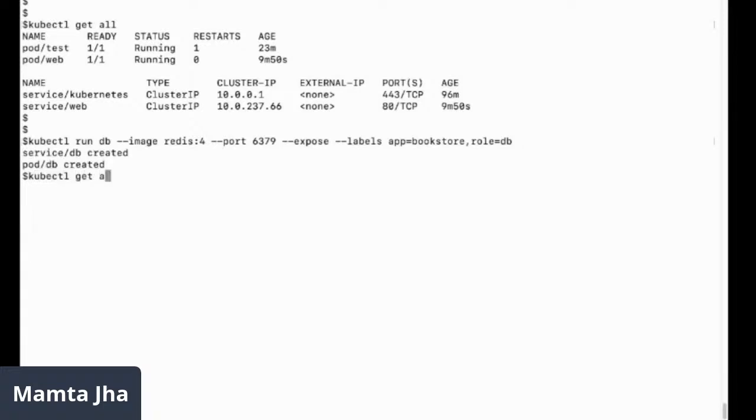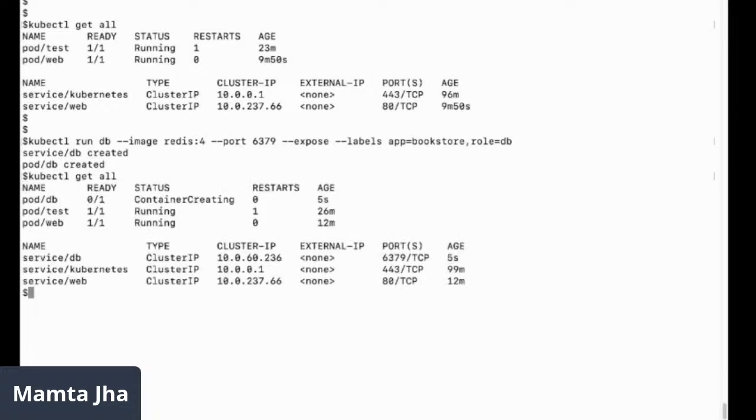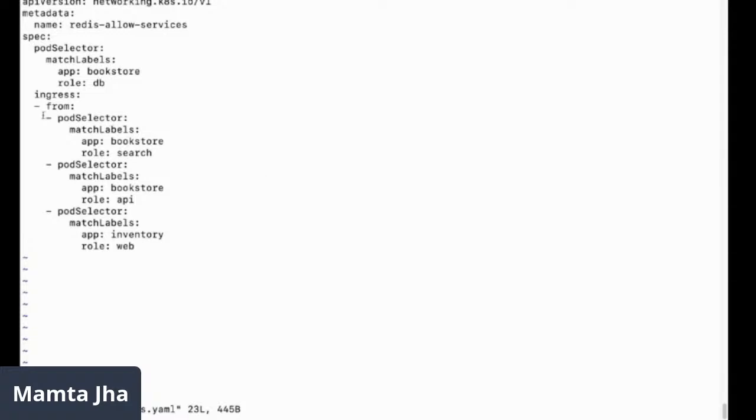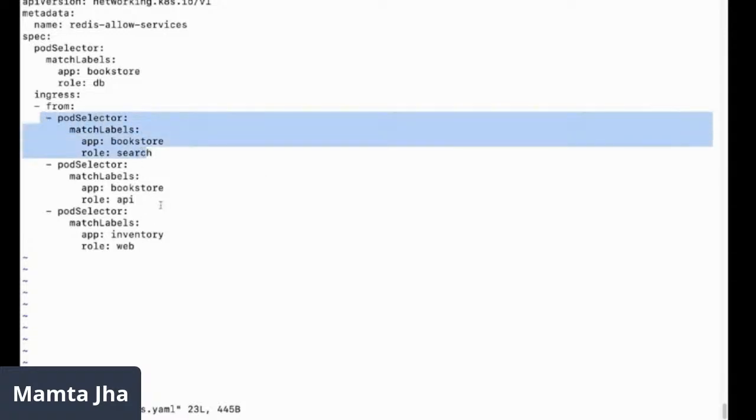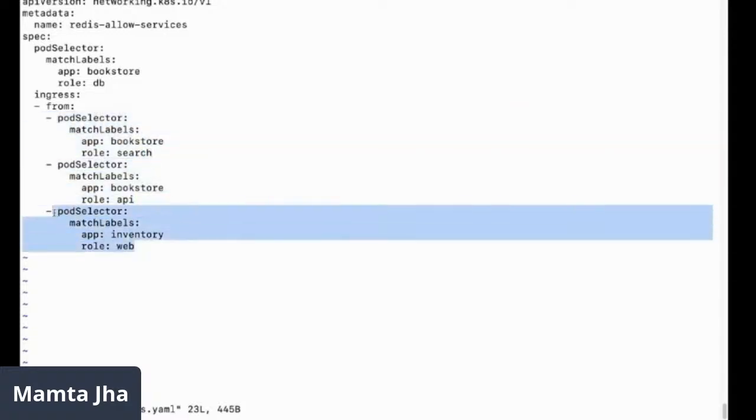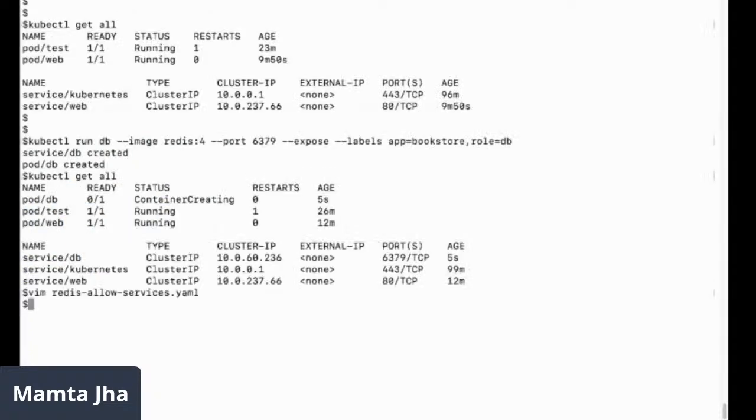Let's create this. kubectl get all. Container is yet under creation. Let's finish that. And in the meantime, let me show you that policy which we just saw. The snippet, I just took a snippet of this file. So these are the 3 different pods from where I'm expecting to accept the packet.